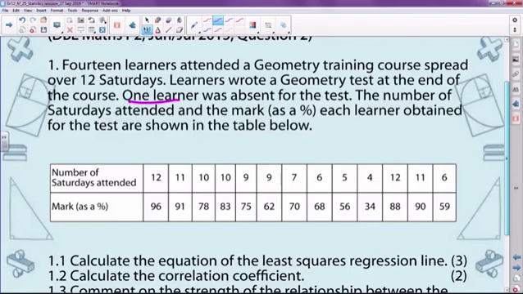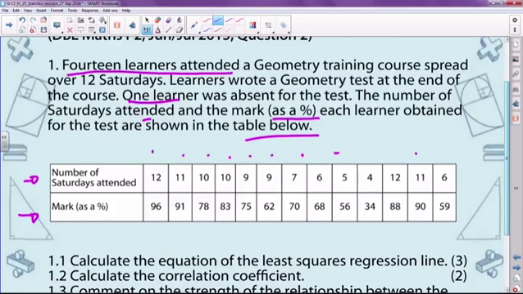The number of Saturdays attended and the mark as a percentage each learner obtained for the test are shown in the table. If you go through this, you'll see that your first row shows the number of Saturdays attended by each learner and then the mark that they received as a percentage. If you were to count the number of data entries, you will see that even though 14 learners attended the